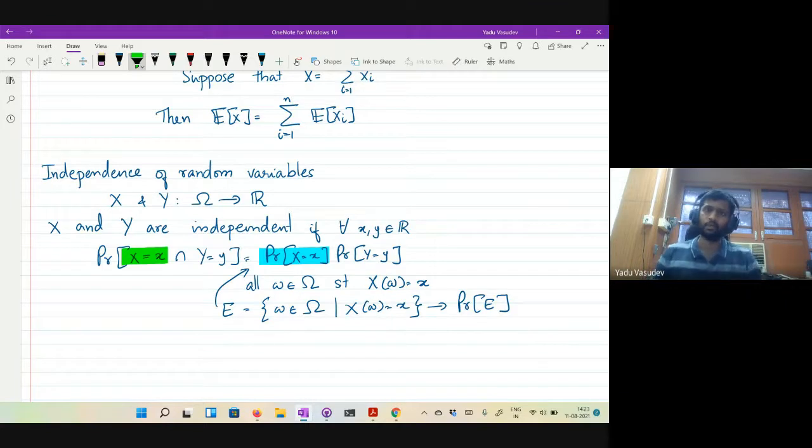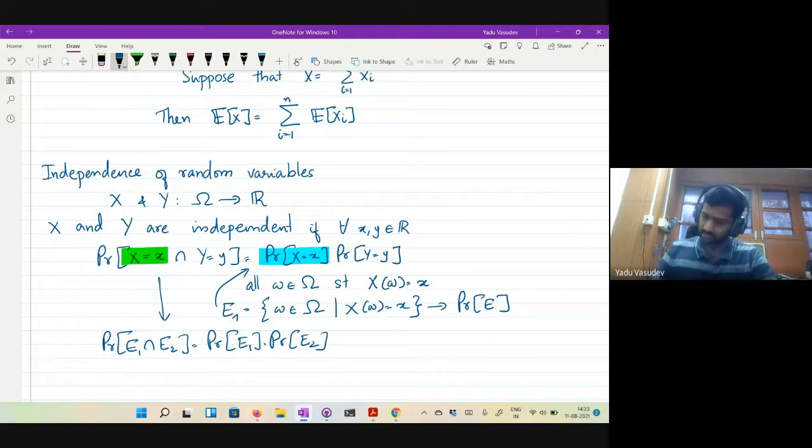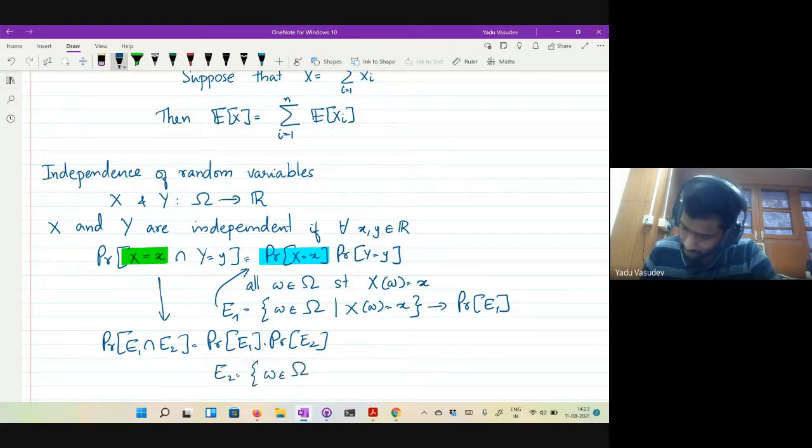It's almost similar to independence of events, because X equal to x defines this event, and this definition is equivalent to saying that the probability of E1 intersection E2 is the same as the probability of E1 times the probability of E2, where E1 is this event, and E2 is the corresponding event, the set of all omega in capital Omega such that Y of omega is equal to y.